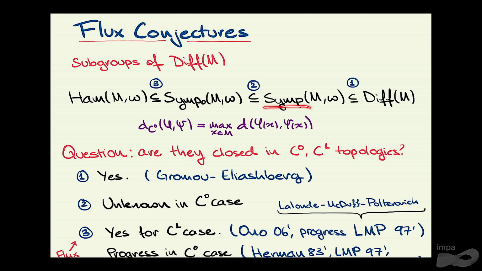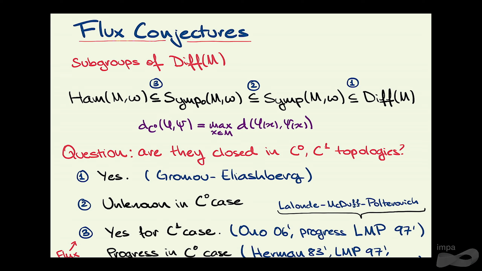And we're going to be looking at the subspace of the C0 topologies. And similarly, you can think about the C1 topology, which also cares about the first derivatives of these diffeomorphisms. And OK, now an interesting question is to ask if in each of these inclusions, is the subsequent group closed inside the following? And well, for this first inclusion here, in the C1 case, Simp is clearly closed in Diff